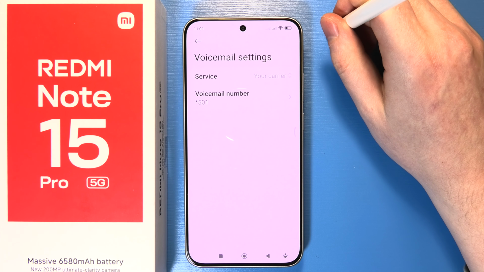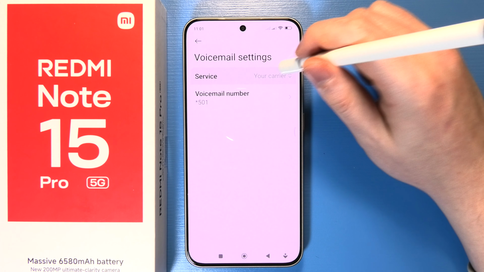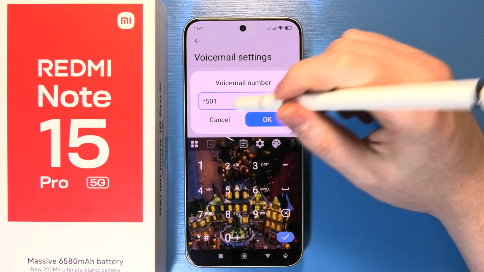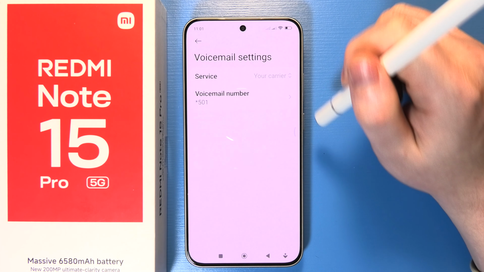Then go to advanced settings, and here you can change the service. In this case, set it to your carrier, and then finally you'll be able to set up your voicemail number. And that is